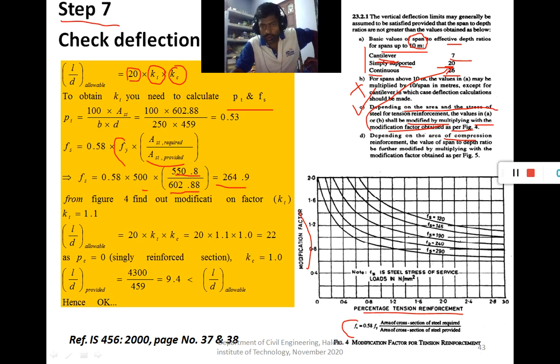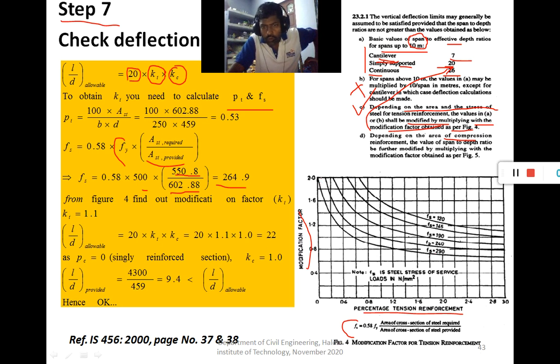Now you see that the parabolic curves are given for different Fs values. They start from 120, 145, 190, 240 and 290. The Fs value is 264.9, so it is between 240 and 290.